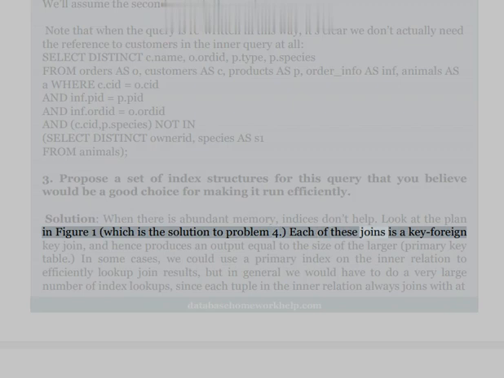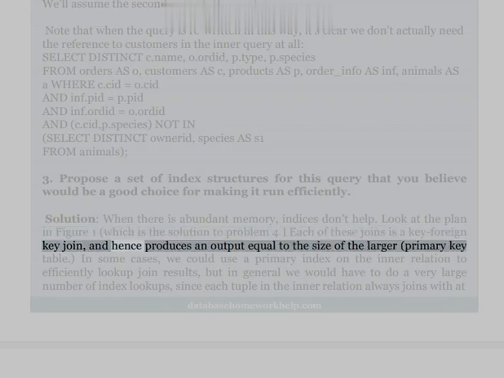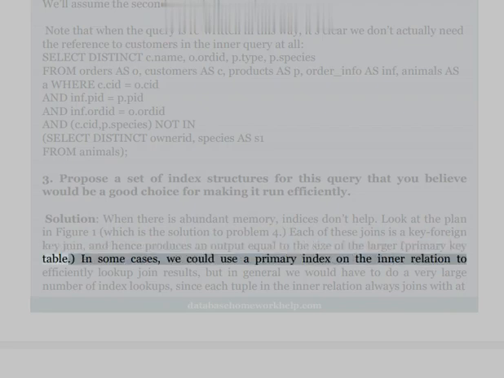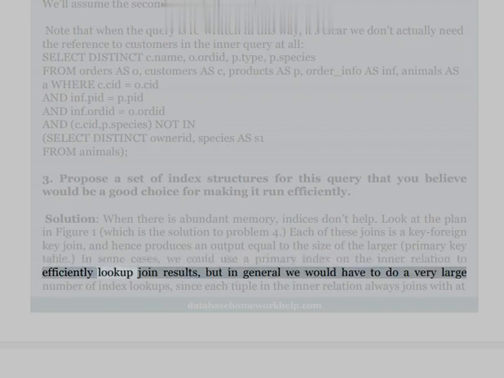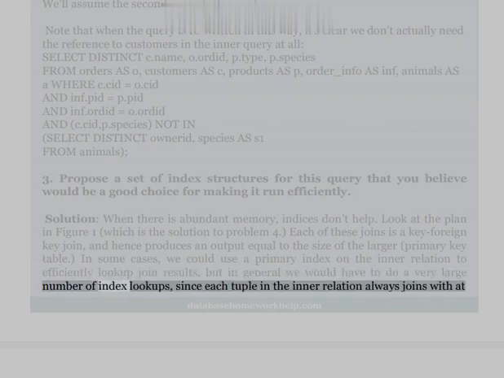Each of these joins is a key foreign key join, and hence produces an output equal to the size of the larger, primary key table. In some cases, we could use a primary index on the inner relation to efficiently look up join results, but in general we would have to do a very large number of index lookups, since each tuple in the inner relation always joins with at